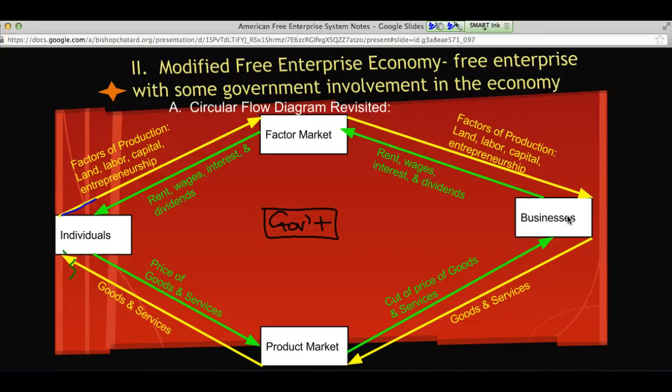So pretend this is blue. So whatever your color was that was going in the clockwise direction, that's the color that you're going to use right now. All right, so here's what we're doing. From the factor markets, we're going to have government take stuff from